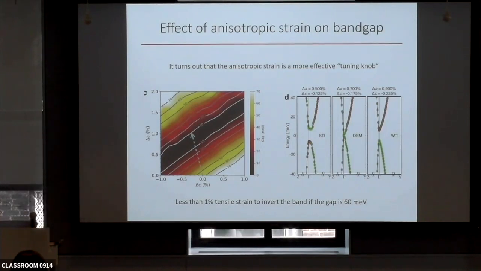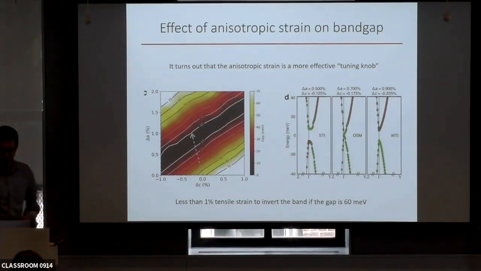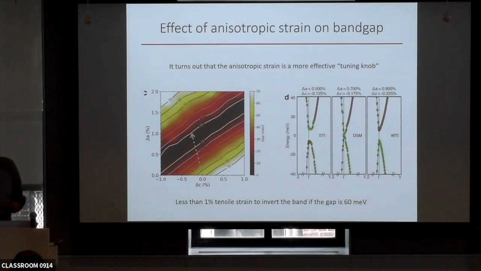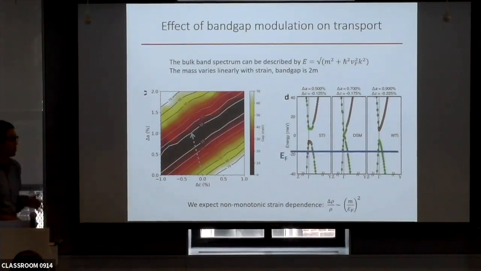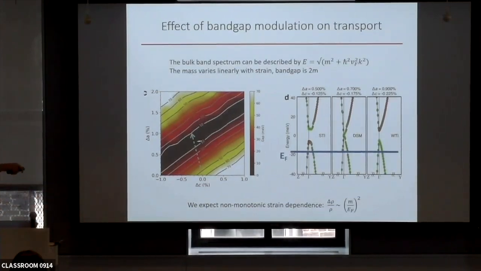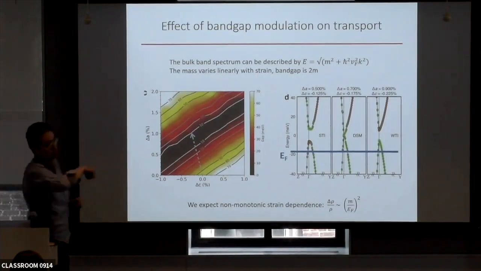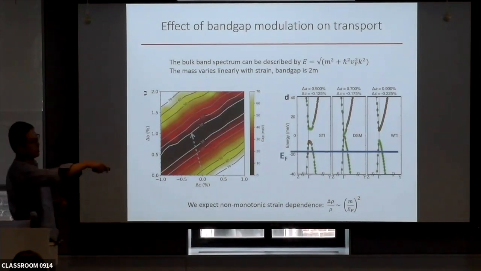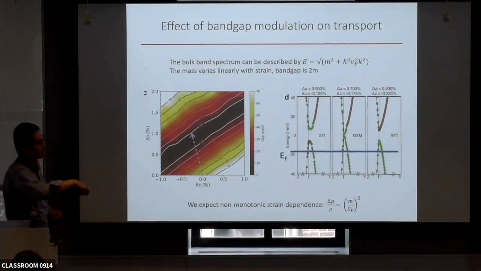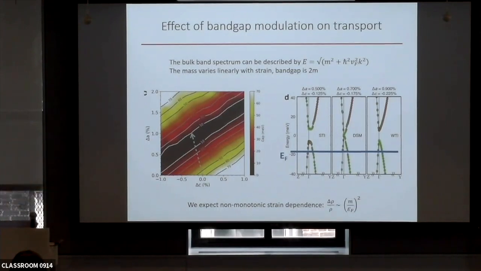Okay, so now it looks like this is the right way to tune the material, but how do we actually see the gap closing and reopening? In reality, all these materials are lightly doped, right? So if we can actually put the chemical potential within the gap, then you may see an insulator to metal and then back to insulator transition. But in reality, you always have some finite carrier density, and it's just inevitable for this kind of small gap semiconductor.